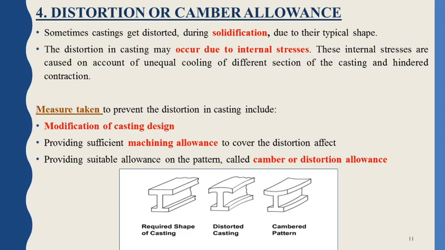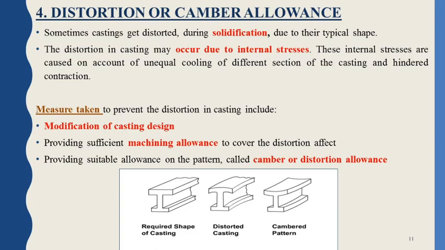So in that case, for example, in the figure we have given a required shape for the casting, and that required shape of the casting is actually the pattern which we are using. So we use that pattern and we get a shape which is in the second figure, which is a distorted casting. It has a curvature at the top, which means that due to certain expansion or certain internal stresses in the material, the pattern or the casting has a distorted shape. This is unavoidable. So what we have to do is put a certain provision in the pattern such that we will get a good finished or exact sized product as required.